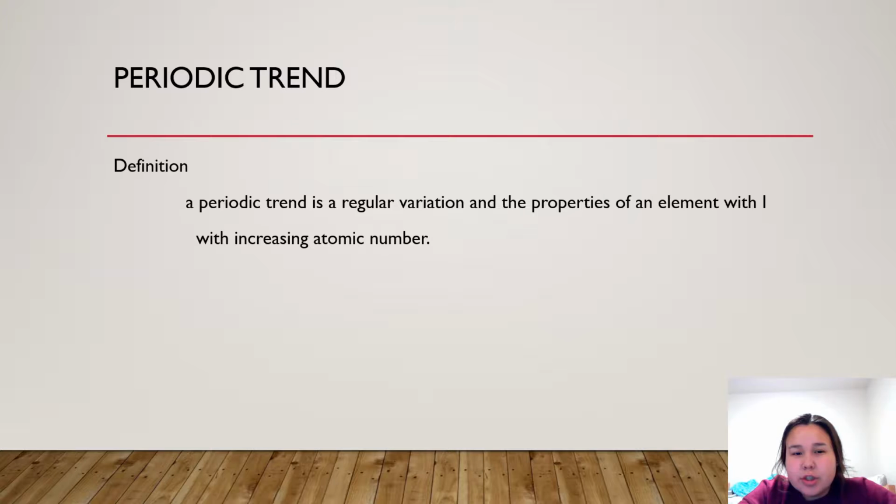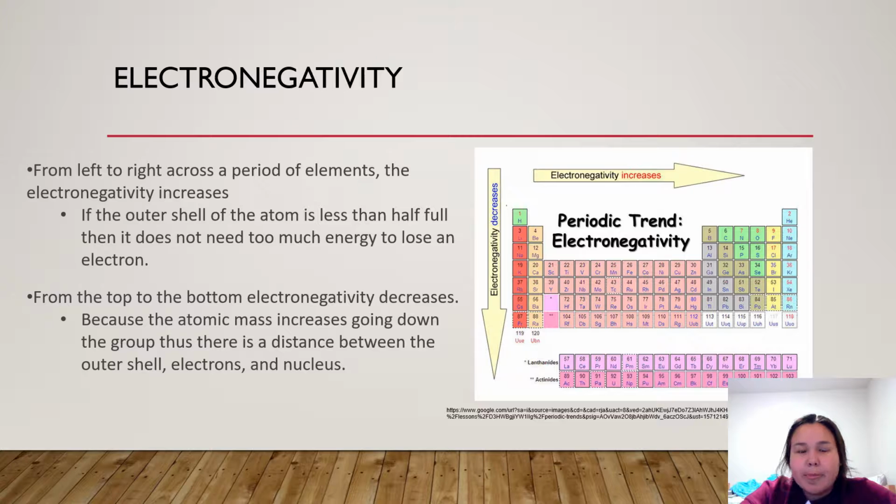So the definition of a periodic trend is a regular variation in the properties of an element with increasing atomic number. So the first trend I'm talking about in the presentation is electronegativity. So from left to right of the period of the elements, the